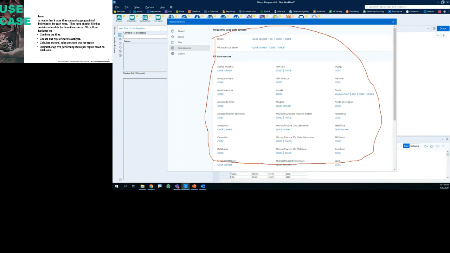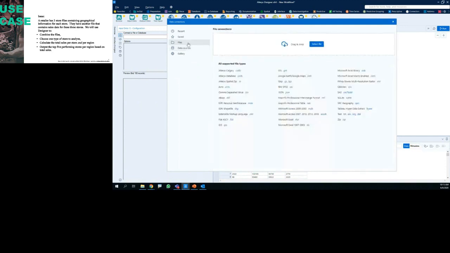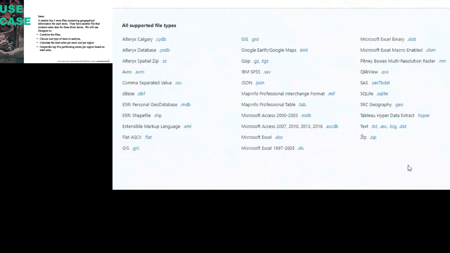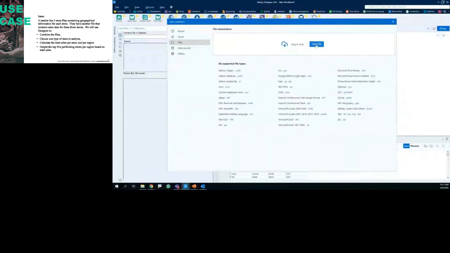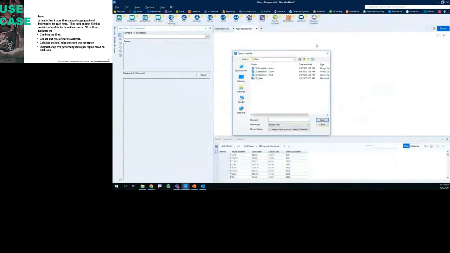Being on the cloud, like Amazon, Microsoft, Google, we have pretty much every data source you will need, and all the traditional on-prem ones, like IBM, SQL Server, Oracle. I have all the access here. And going back to the files, we have all the common ones as well, being Excel files that are omnipresent, always there, CSVs, XMLs, all the formats that you need, we have it. So for this sample workflow, I will browse